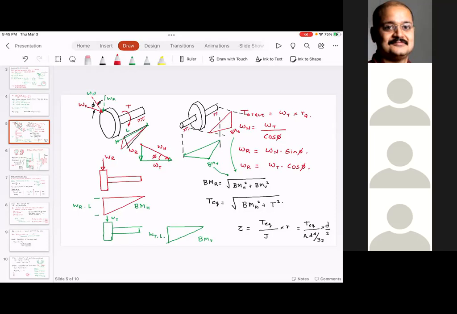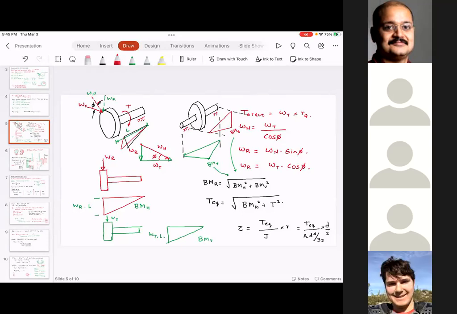But if there is any interest, I can give you more information on how to do the staging and how to draw the staging diagram for the gear trains. That's actually what is done in industry. If you go to Ford, or Chrysler, or some automotive manufacturer, where you get involved in transmission design, that's what you will do. You can't just randomly choose gear ratios. There are certain rules that you have to follow before finding out the gear ratios.